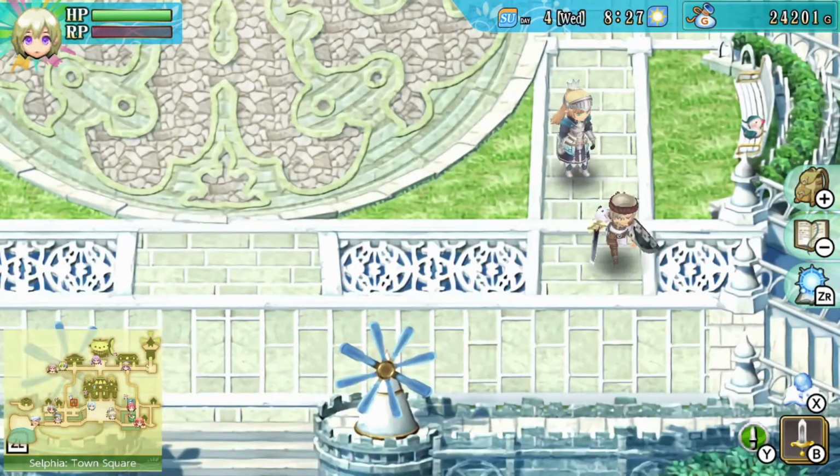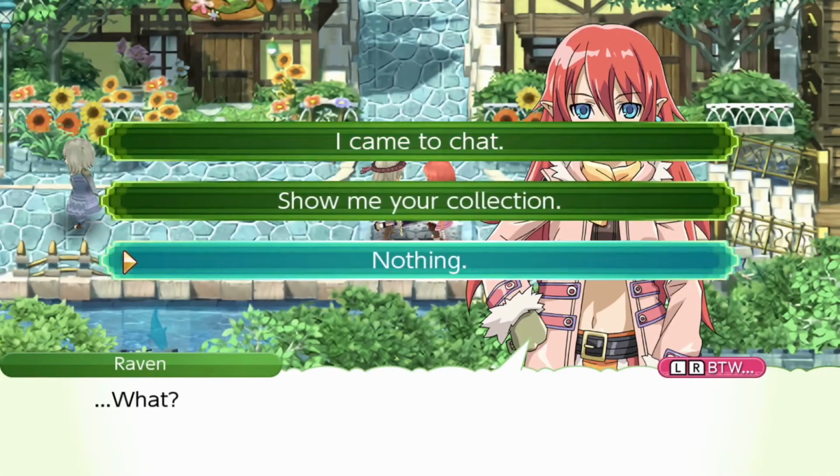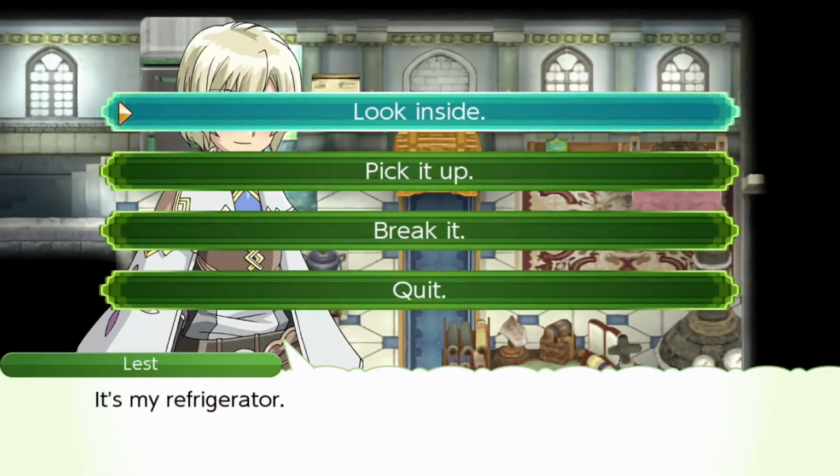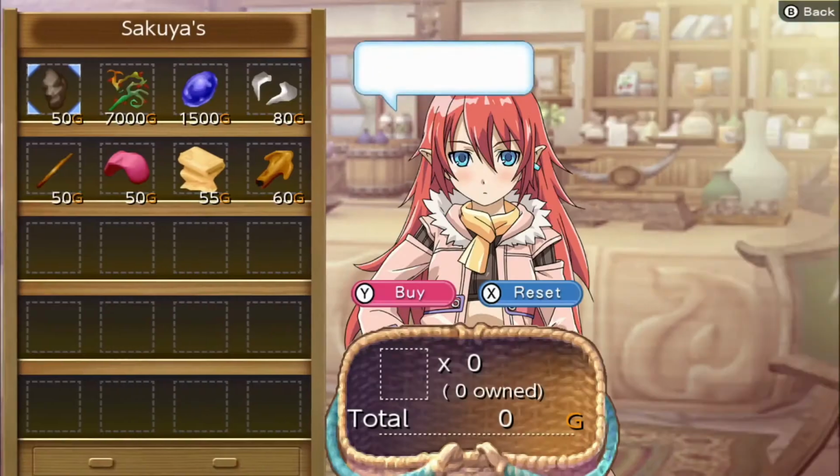Okay, so now that I've failed selling things in time, I'm going to run over here to Raven. Actually, no, I'm not. I just realized I need storage, so I'm going to go put some stuff in my fridge. Be right back. Okay, now we're over at Raven's. So, you may be wondering why I'm going to...